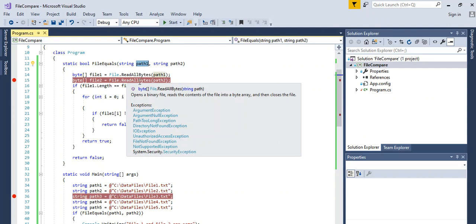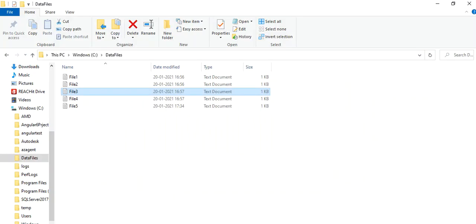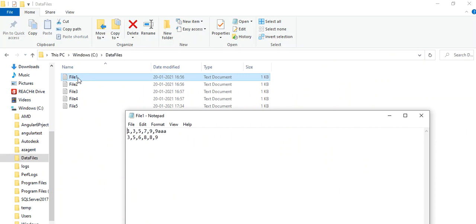Why are we doing this? Because we need the data in a byte array, and we need to compare each piece of data in those files one by one, each letter of them, so that we can confirm whether the two files have the same data. So suppose I have converted file 1 into the byte array. At 0 position we have data 1, at 1 position we have a dot.